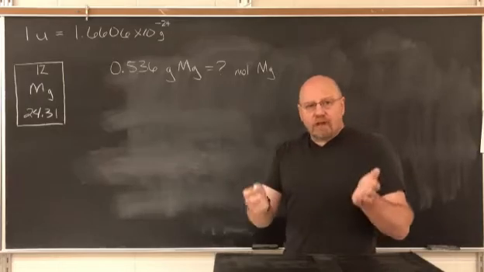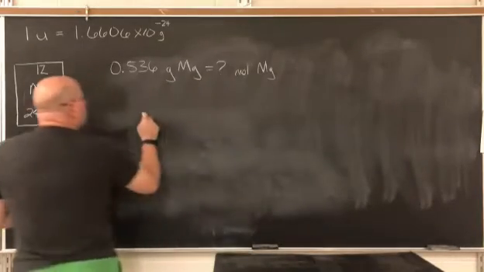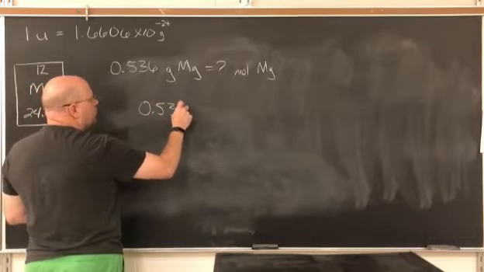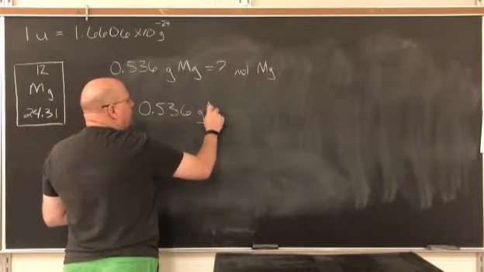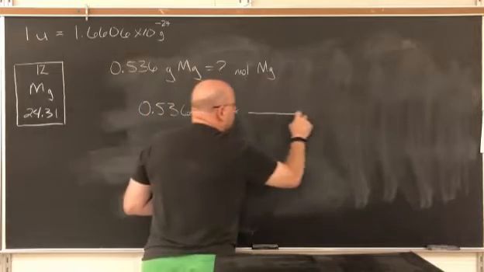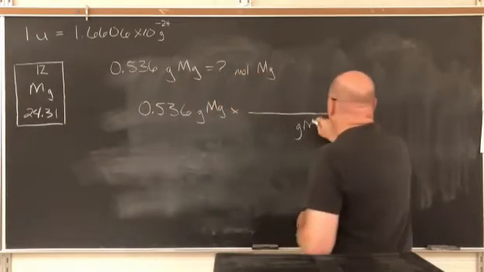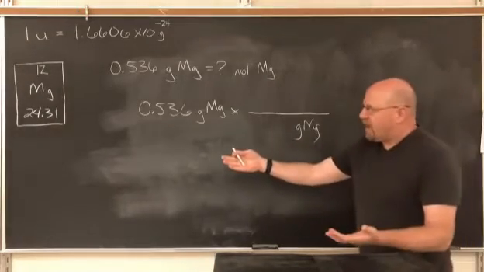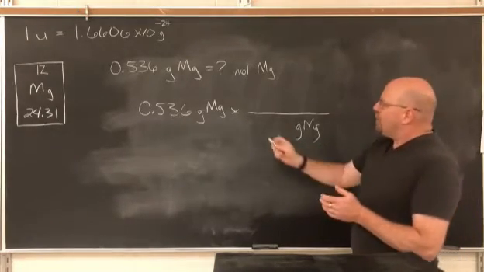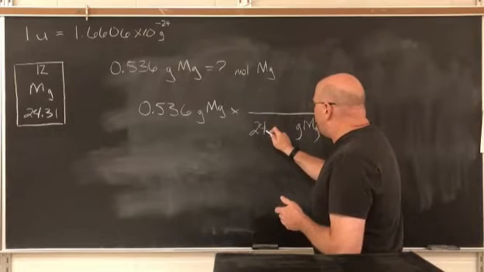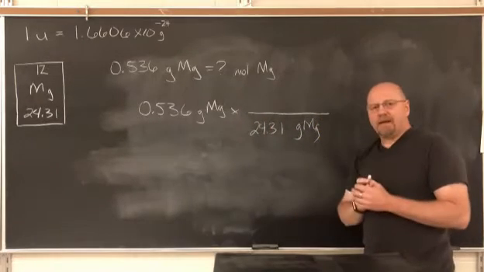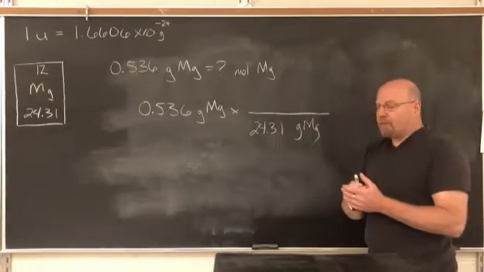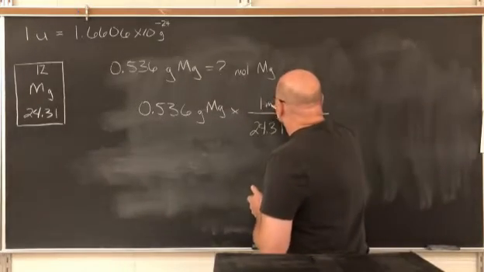So let's look at the setup. Pretty straightforward. Start off with the unit that we are converting: 0.0536 grams of magnesium times blank. Grams of magnesium on the bottom. Periodic table has our conversion for grams. So we say 24.31 grams of magnesium. And that's going to be equal to, as we saw from our last video, 1 mole